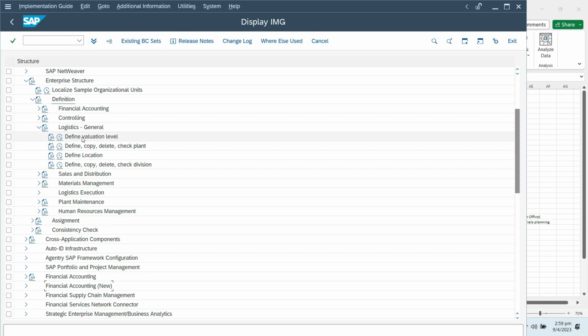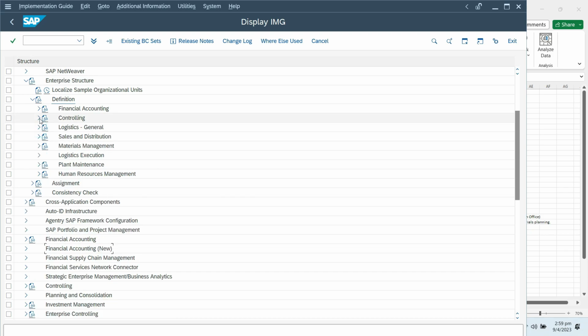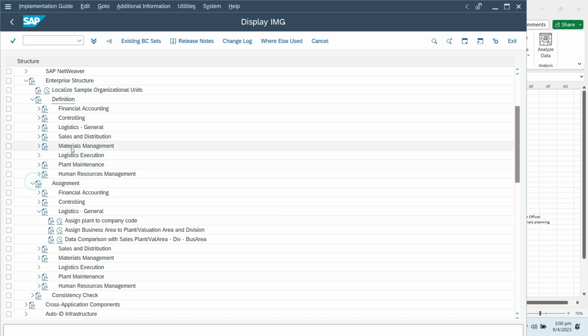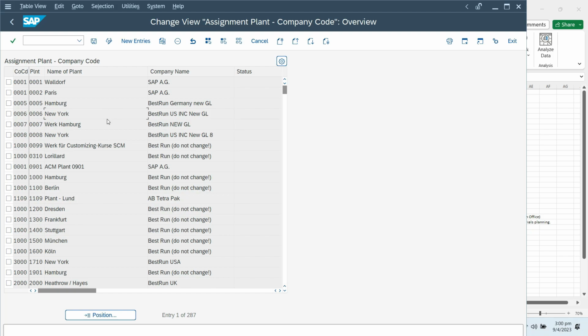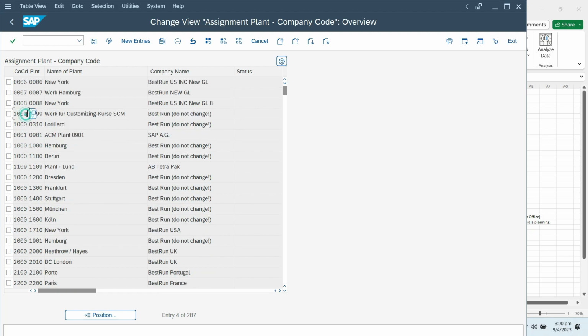So after we see the valuation level and also the plant information, then we can come out from this configuration, then we can go to assignment, then Logistics General, Assign Plant to Company Code. This is the configuration whereby we can assign our plants to a certain company code. So as you can see, under this company code, there are several plants being assigned. So plants 1000, 1100, 1200, 1300 are assigned to this